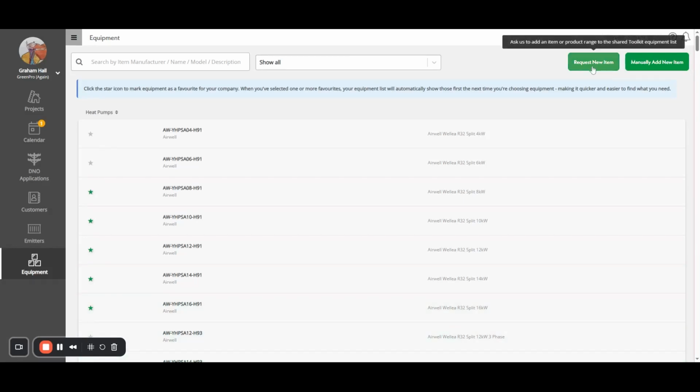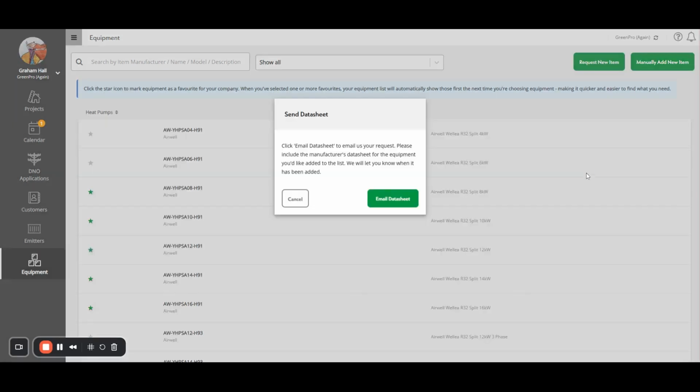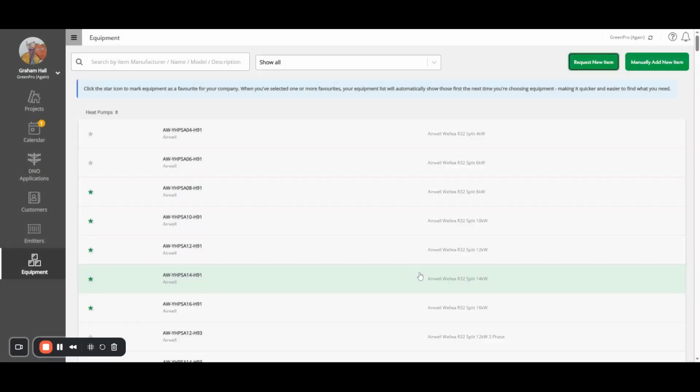If you don't want to do that and you prefer for us to do it for you, then you can click on here, which is request new item. If you request a new item, you need to get the data sheet for the heat pump that you want. Click on email data sheet. What that will do is it should open up an email to us, which will get sent straight to us. All you need to do is make sure you attach that data sheet to that email, send it across to us, and we will make sure that we get that added. We will let you know when that has been added. So hopefully a good little time saving